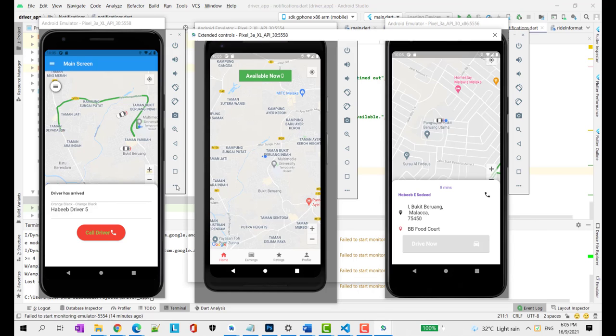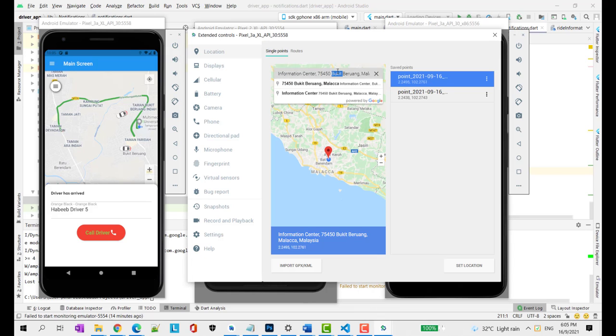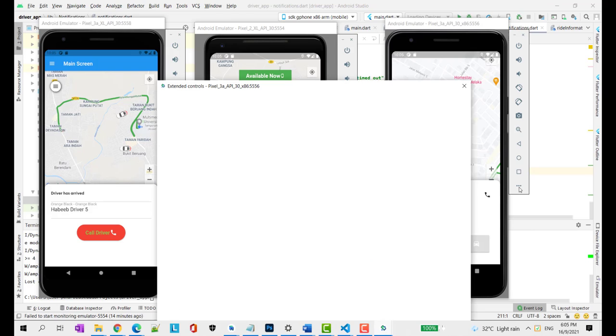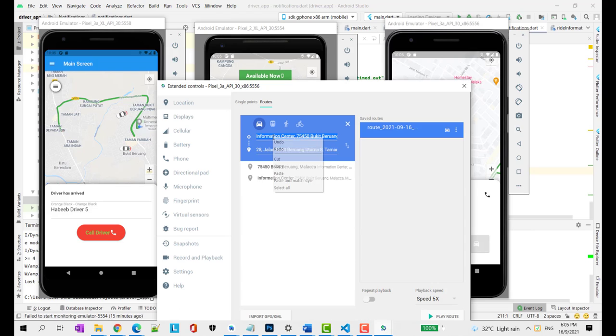So right now, the driver is in the information center. So I copy the location just not to make any mistake. I copy the location of the rider, and I paste it back here, and then my location is going to be BB food court.